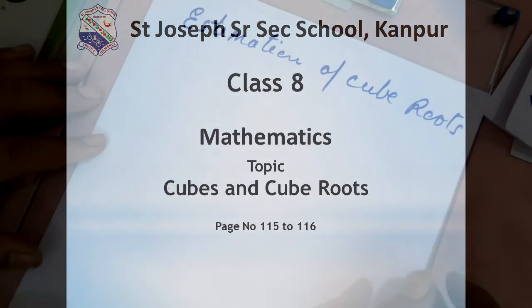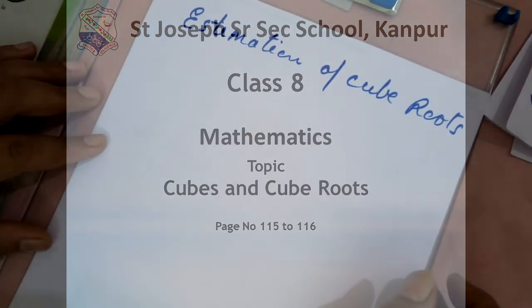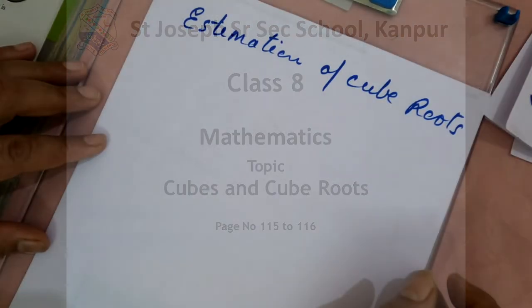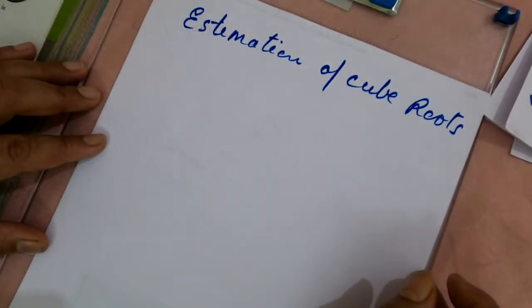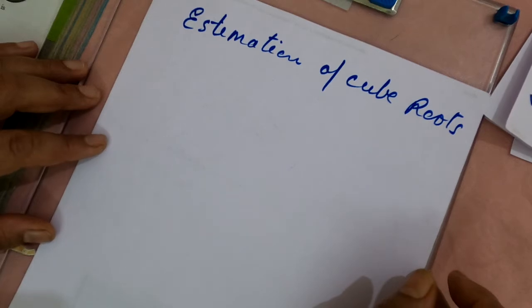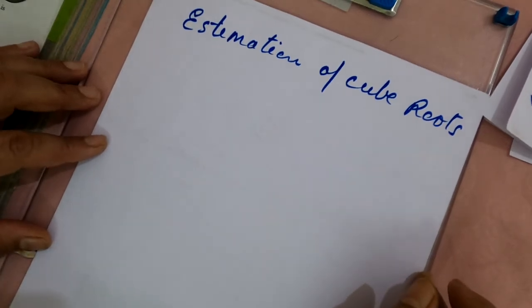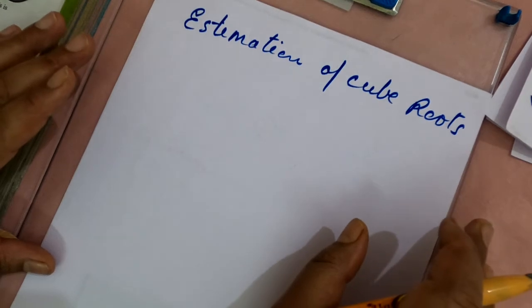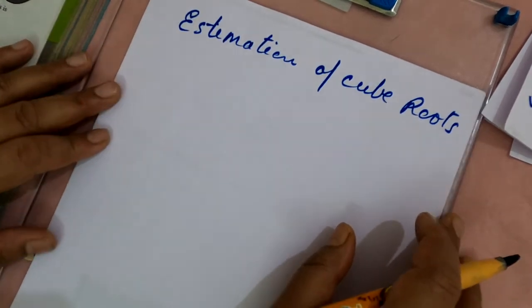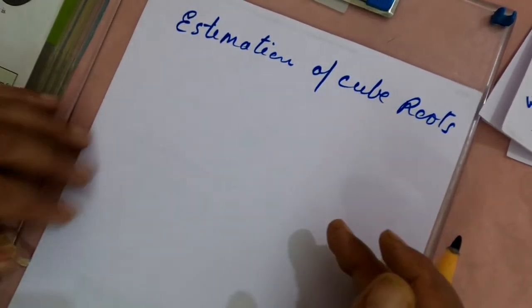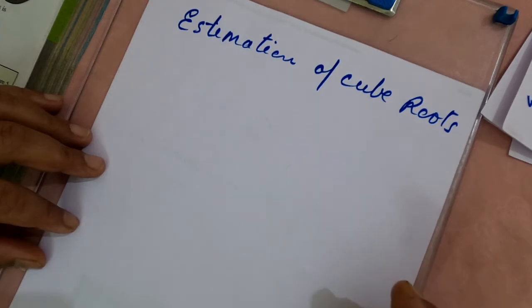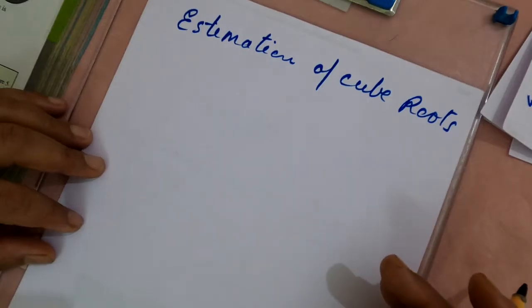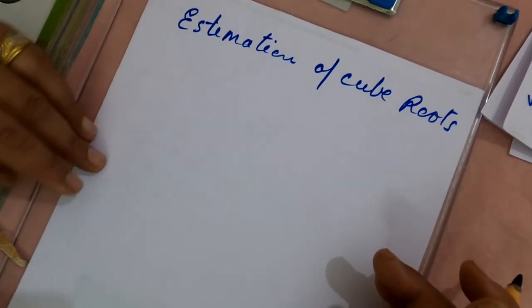In my previous video, I explained the cube root and the method of finding it, that was the prime factorization method. In the case of a square root, we had a method called the division method, but in the case of a cube root, we don't have any such method. Is it clear? So, let us come to another method of finding a cube root, that is estimation. Let us see how we can estimate to find out the cube root.